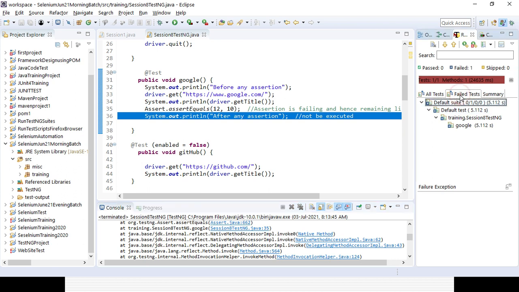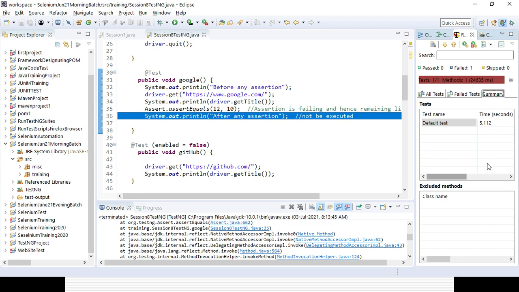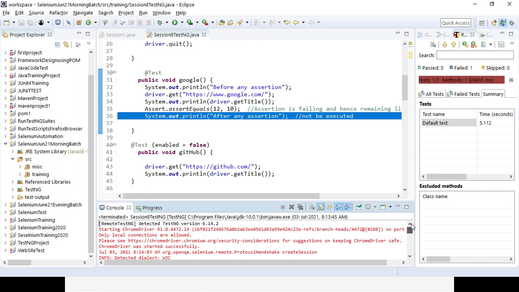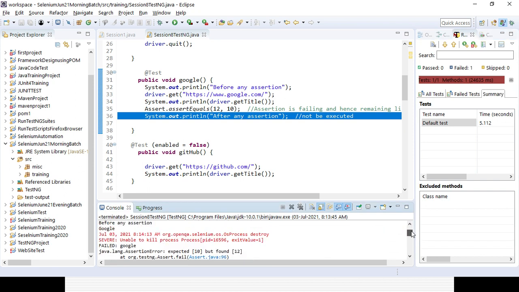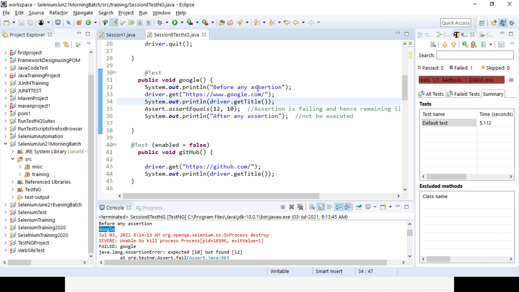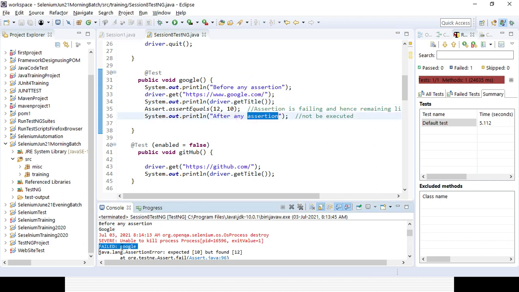Now if you click on the failed test case, you can find the details. The test case got failed. And if you go to the summary, you can see one test case failed, out of the total number of test cases. Why the test case failed, you can get it here. As and when any test case fails, the remaining lines of code will not be executed. You can see before assertion, the Google title part works fine. After the assertion, that part is not executed, and it failed. Why did it fail? It is not matching.